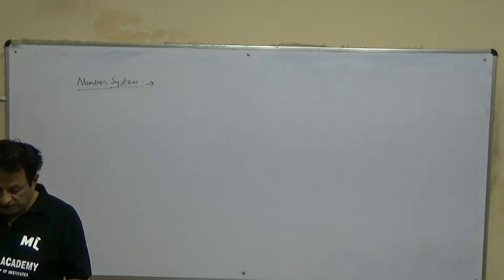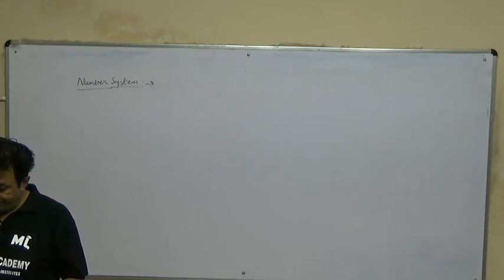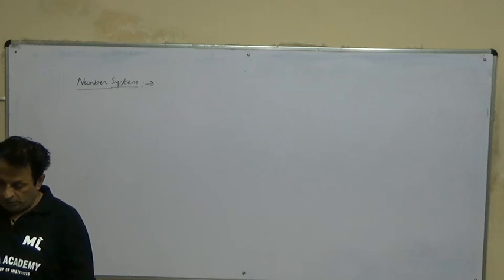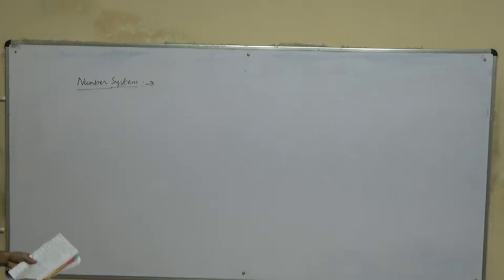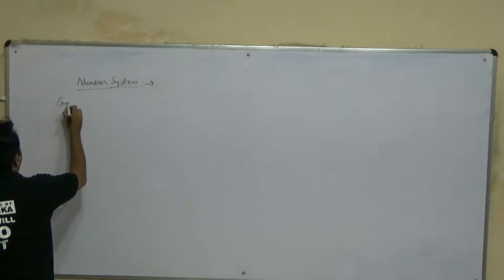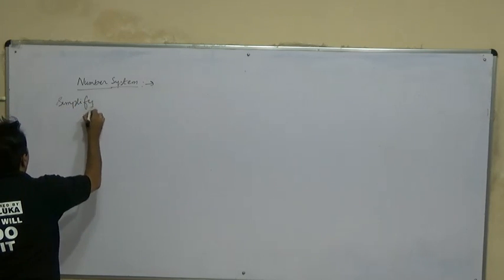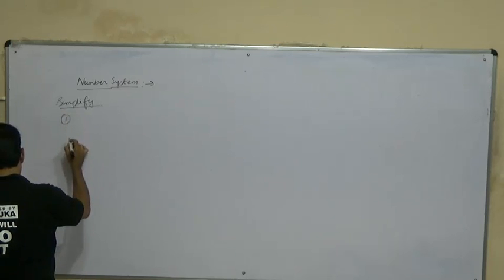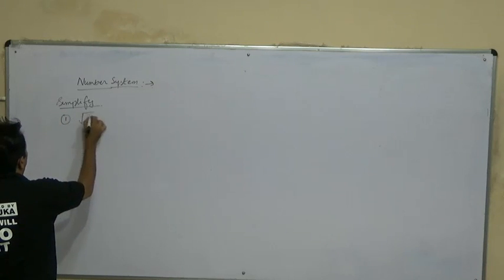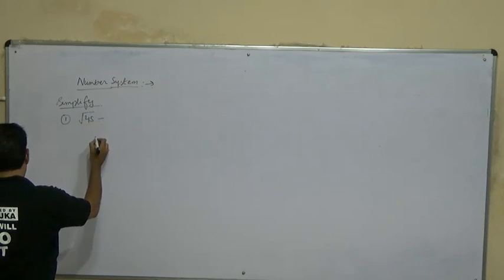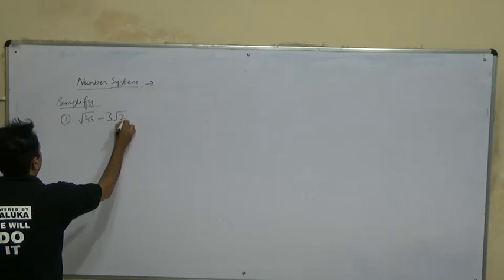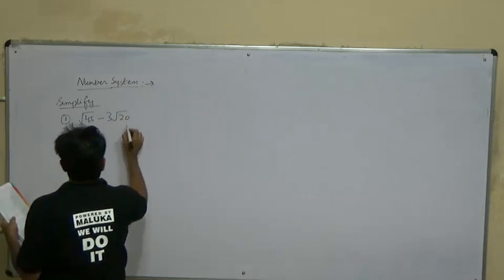So the next is, we have to simplify the numbers. So the question is, simplify √45 माइनस 3√20 प्लस 4√5।